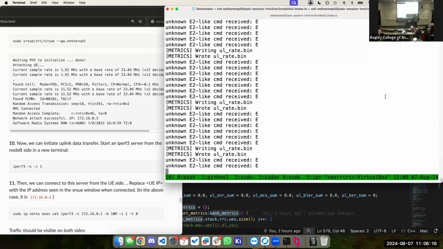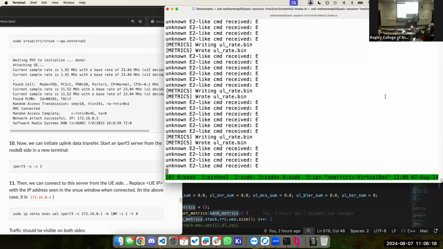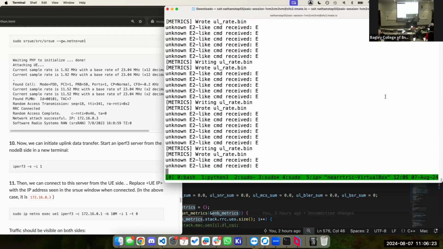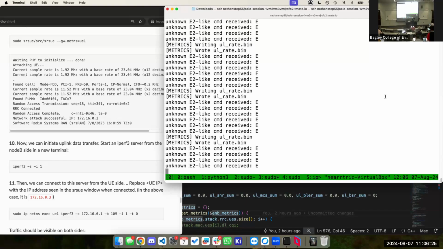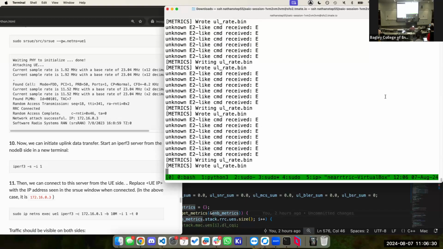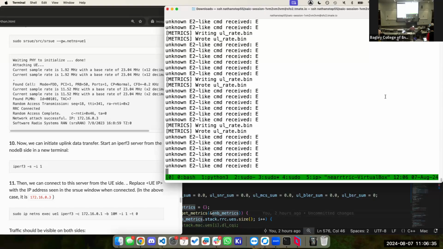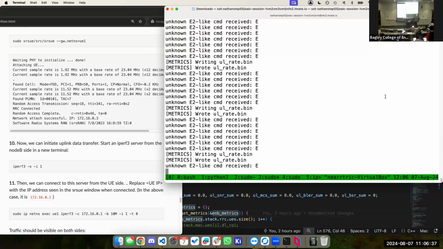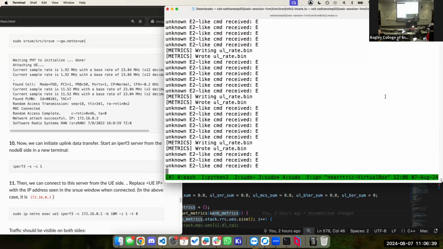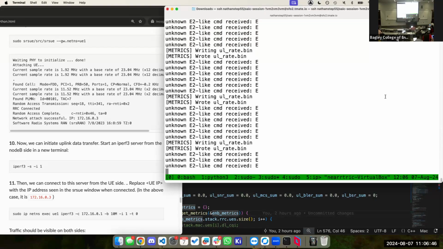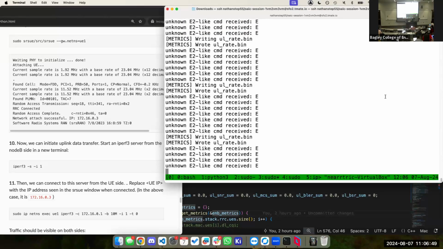Run the, then run that. And then open up a new terminal. Go back to the